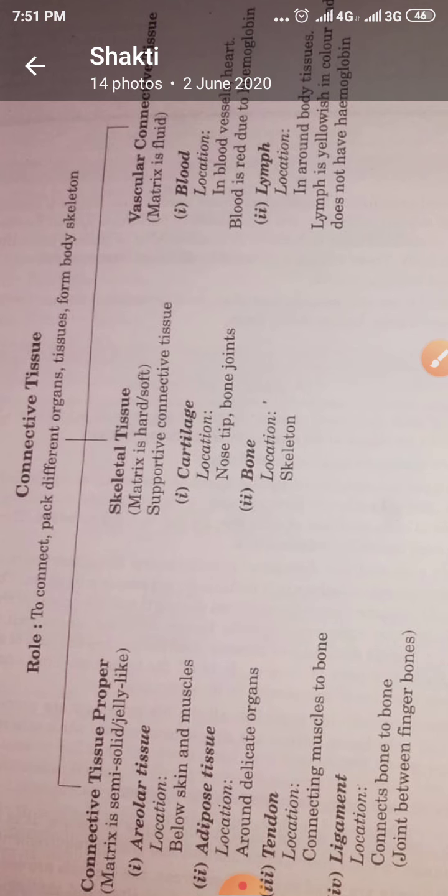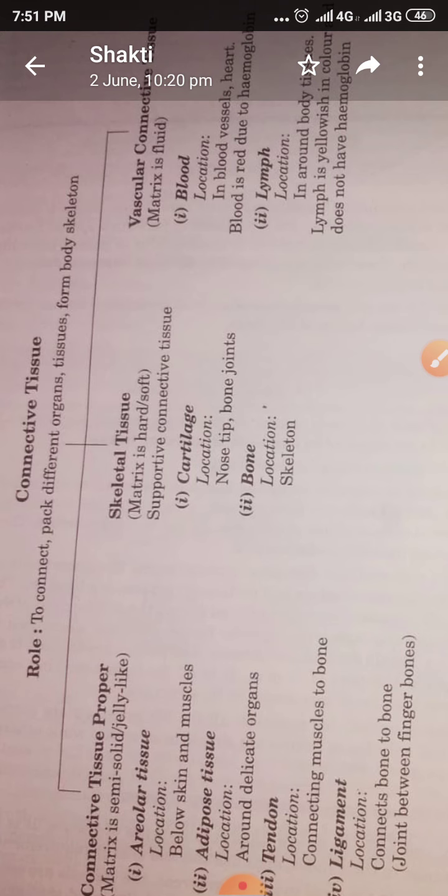In epithelium tissue you find there is a basement membrane and only cells arranged compactly, but in connective tissue the arrangement is different. Different types of cells are scattered in a liquid medium. That liquid medium is called matrix, and the consistency of the matrix differs, sometimes modified. So according to this matrix it is of different types.